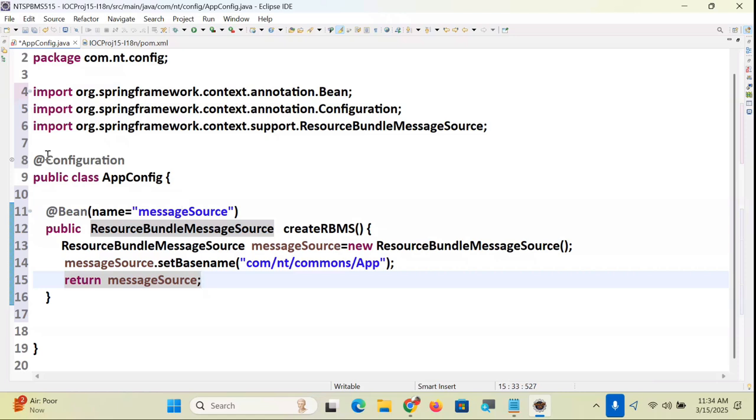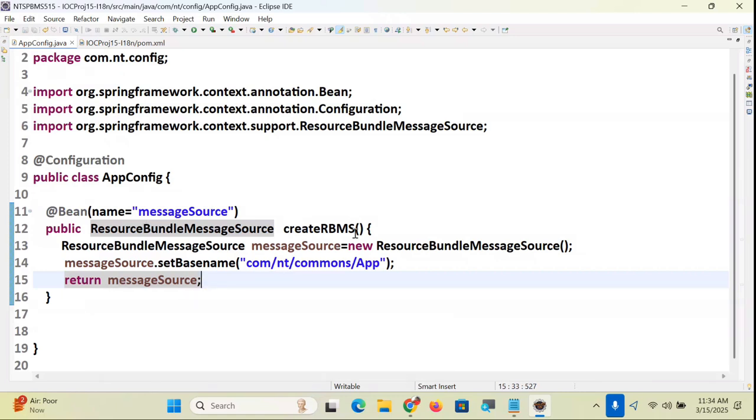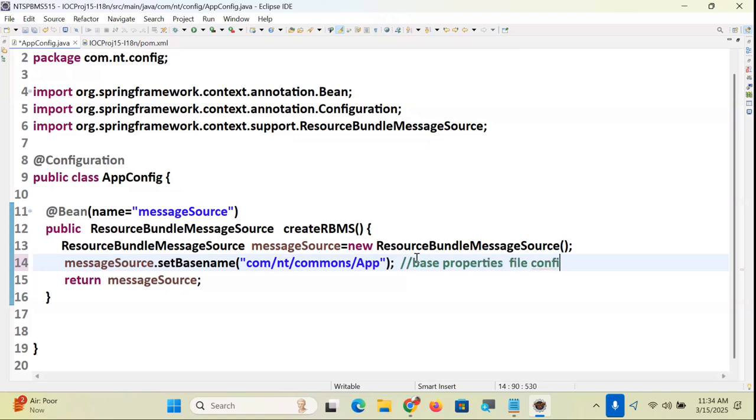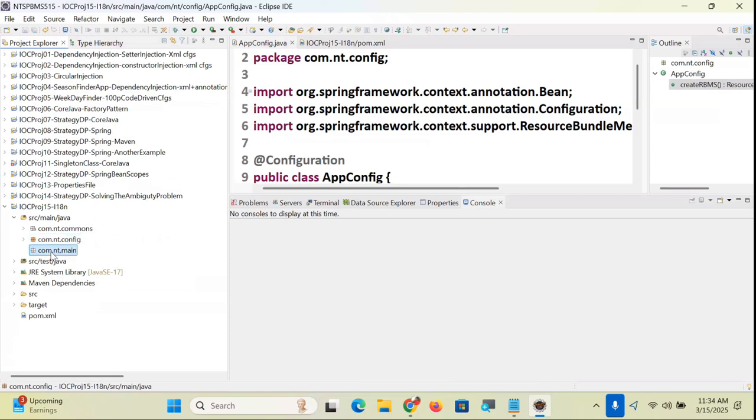Here is @Bean. Return messageSource. Create RBMS. Okay, so this is the base property file configuration. This is done. This is my Commons. Now the main method. In main,